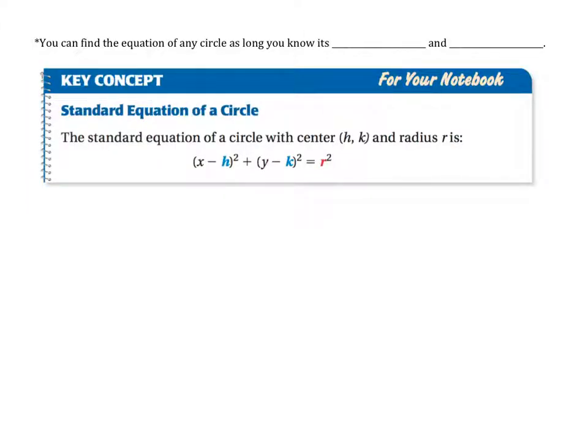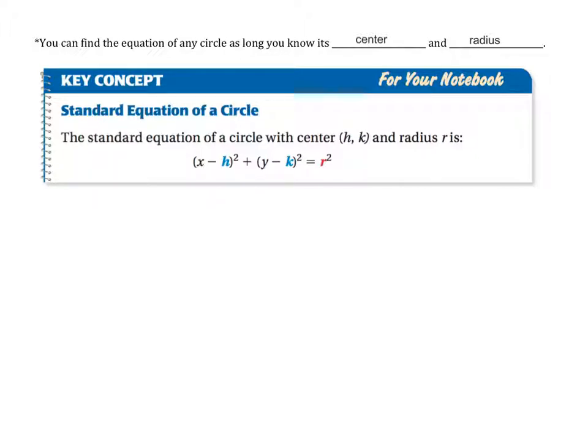In a perfect world, all circles would have a center at the origin. However, that's not how the real world works. So next, we'll talk about what happens when your circle does not have a center at the origin. And the one thing you need to keep in mind is that you can find the equation of any circle as long as you know its center and radius, which brings us to our next key concept, the standard equation of a circle. The standard equation of a circle with a center of h, k, so the x value is h, the y value is k,